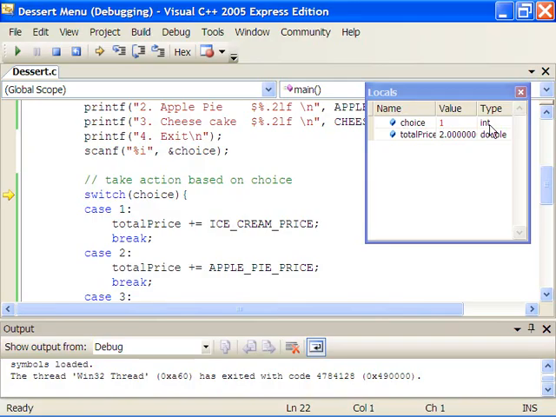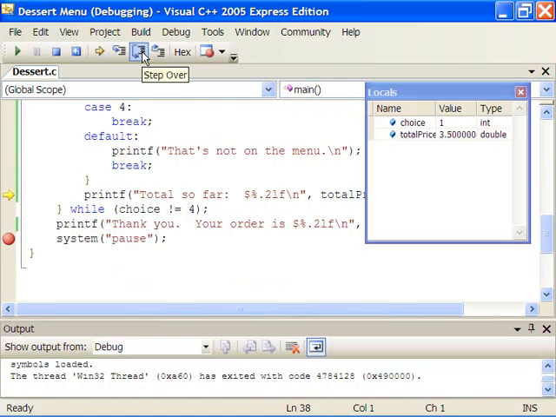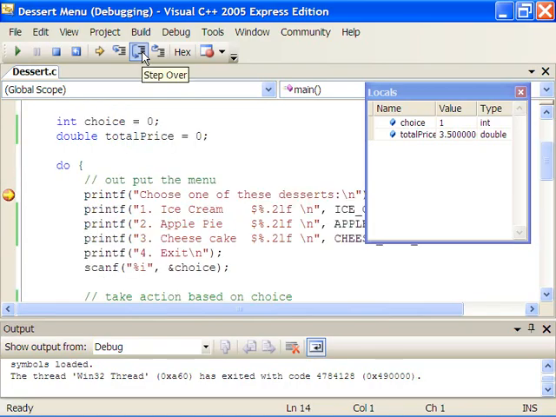And we're going to switch on 1. We will jump to case 1 and add in the price of the ice cream. So right now we have the total price is 3.5. The break statement takes us out of the switch, and we'll print total so far. 1 is not equal to 4. So we'll go back up to the top, output the menu again,